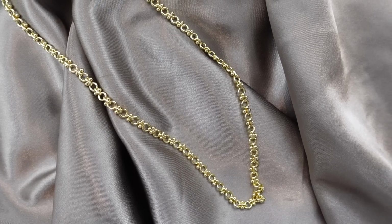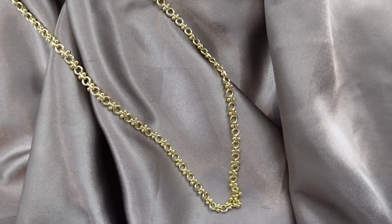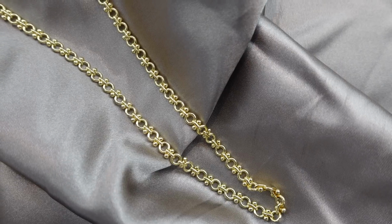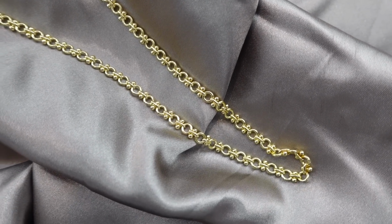One thing I love is this necklace for the holiday season. It goes with everything. I like when I can pair my jewelry with a nice dress to go out to dinner or to a party, and yet that same necklace will work with a pair of jeans and a sweater. I am so excited that gold is so big now, and I love wearing this chain to work as well